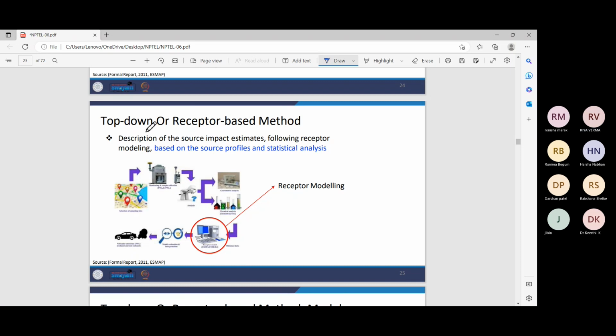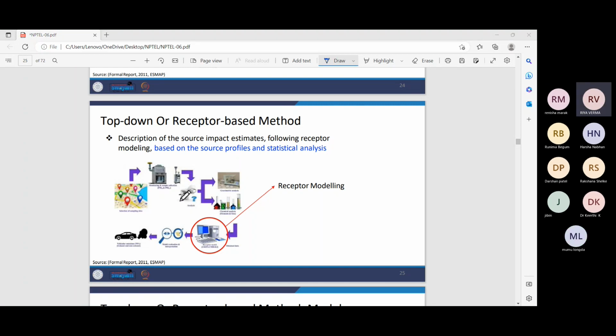Basically, we describe the source impact estimates following receptor modeling, based on the source profiles and statistical analysis. Basically, we have different sources present in a region, and we got to know about the different pollutants at different places. Then we do this receptor modeling to identify which source will be emitting which kind of pollutants,